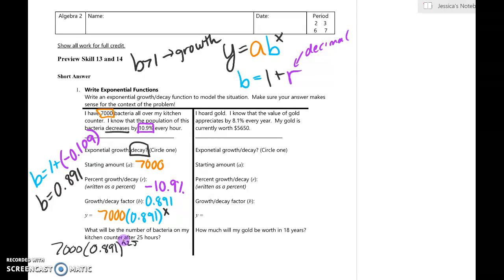Okay, so give me a second to grab a calculator. 7,000 times 0.891 raised to the 25th power. That did not do it correctly because I'm not using a real calculator. I'm pretty sure the answer is 390, but I just want to double check. 7,000 times 0.891 raised to the 25th. Yep, you would get 390.87, but since we're talking bacteria, which is like a living thing, it doesn't make sense